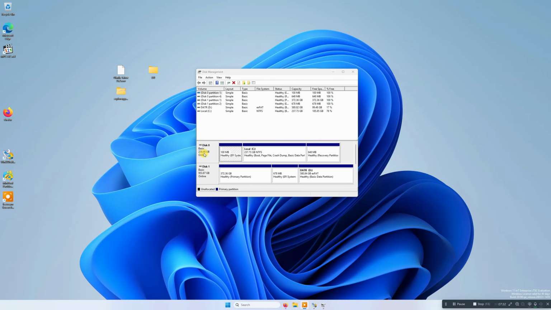So guys, as you can see right here, this is our 256 HDD, and we only have one partition. This one is the EFI and this one is the recovery. So what we're going to do, we're going to shrink this volume right here. So just right click and then shrink volume,